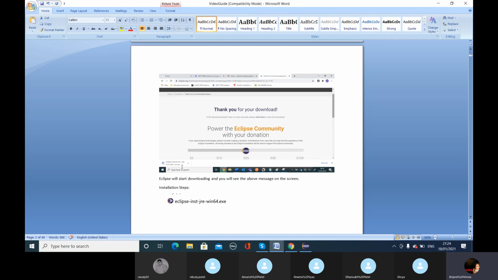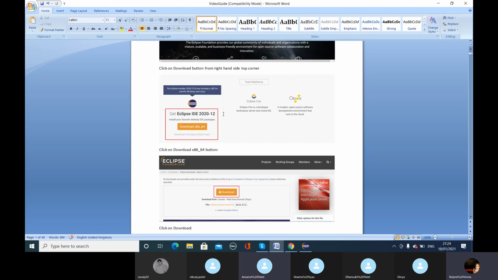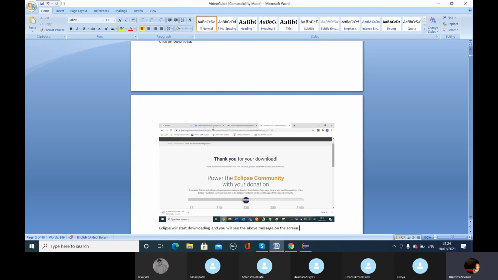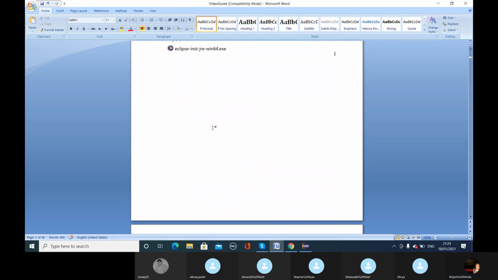You can see underneath that Eclipse is downloading, and you will be directed to this thank you for your download page. When the download completes, at your default location there will be an exe file downloaded.